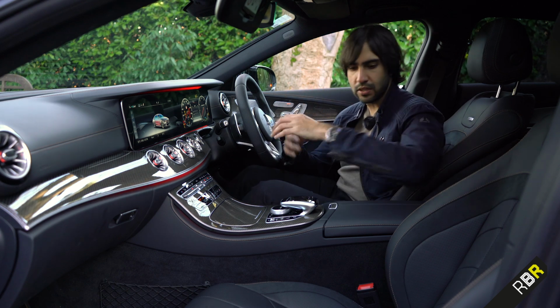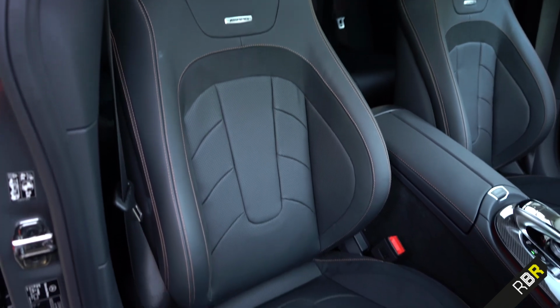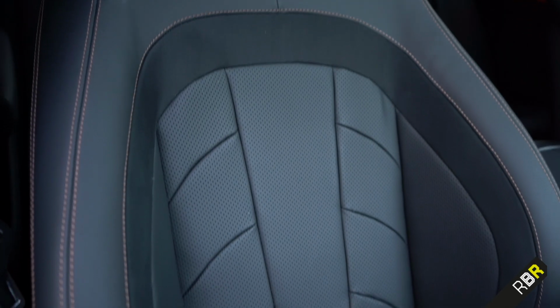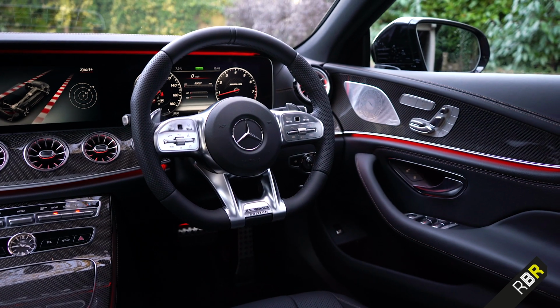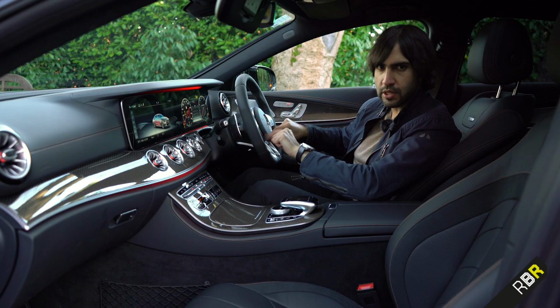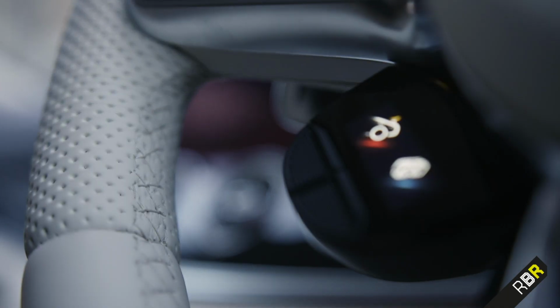Plus the CLS has got uniquely trimmed seats, which look really sporty. I really like the design, the way that you've almost got the AMG slanted lines within the seats. Of course, you benefit from that new AMG steering wheel, which looks fantastic. Unfortunately, there are none of those switches that you get in like the A35 or the newer AMGs, which is